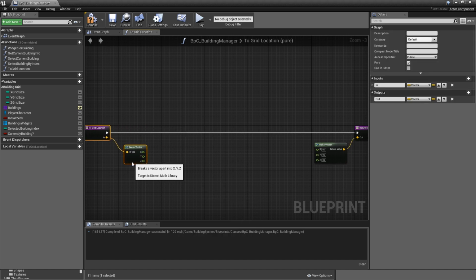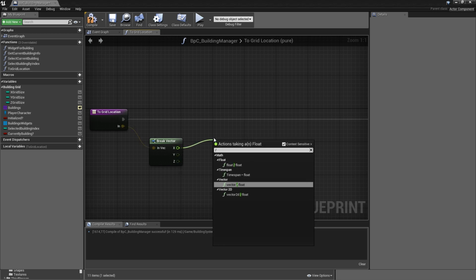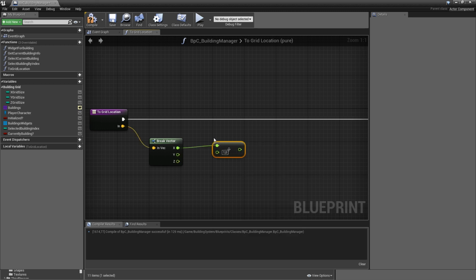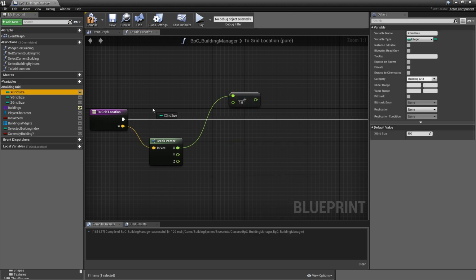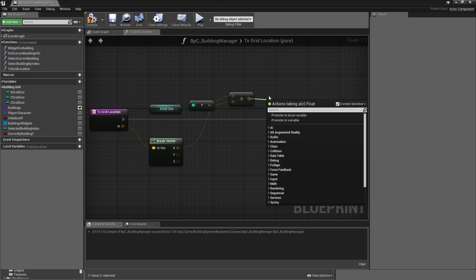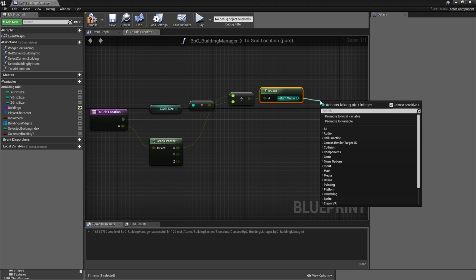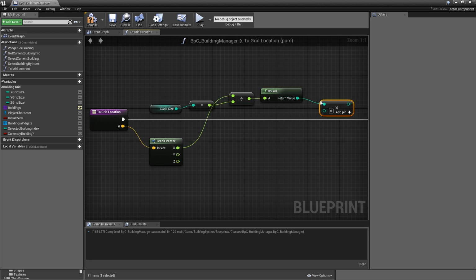And then we need a bit of math. The math for x, y, and z is exactly the same one. So I'll just show you the example of x, and then you can do the other two. So for x, we want to divide float divided by float, and we want to divide by our x grid size converted to a float. If we were doing y, that would be the y grid size, and so on. Then we want to round that, which will then return an integer, and finally multiply, so int times int,